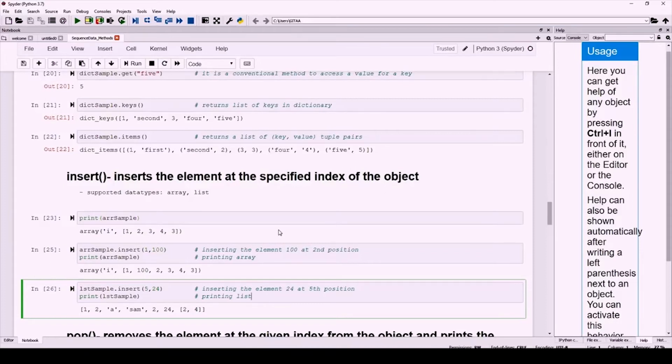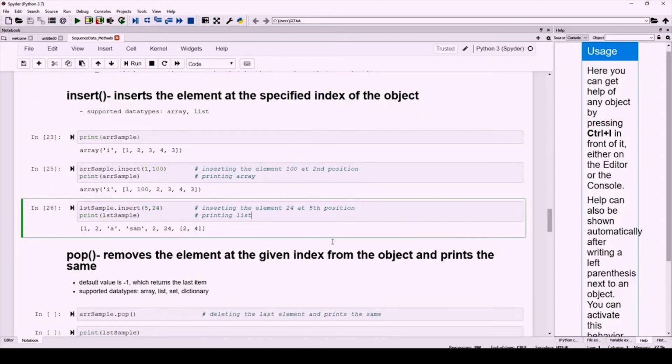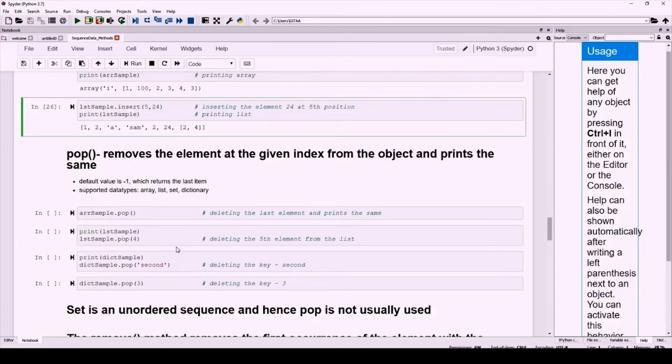So now we have seen how to insert an element at the given position. In that case, we should know how to remove an element at the given index. On that note, the pop method is used to remove the element at the given index from the object, and it also prints the same.